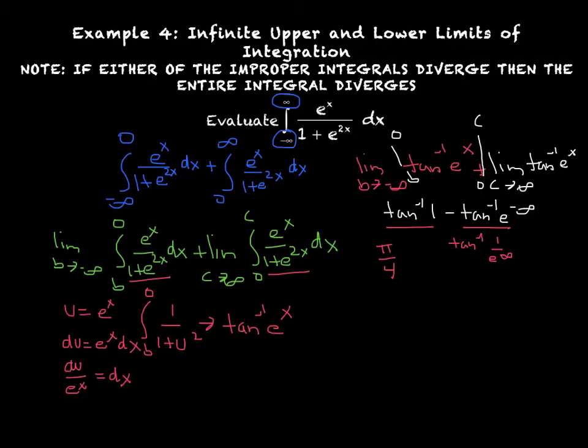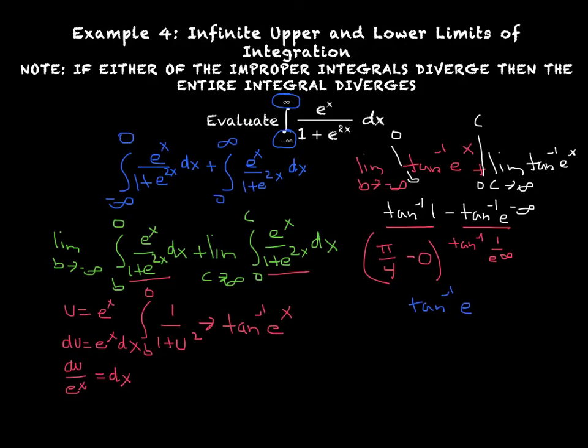So inverse tangent of 0 is simply 0. So that's going to be our upper and lower limit of our first integral. And then we are going to plug in our upper lower limit of our second integral. And so we will plug in c into our other inverse tangent. So that's going to end up being inverse tangent of e to the c, but in this limit